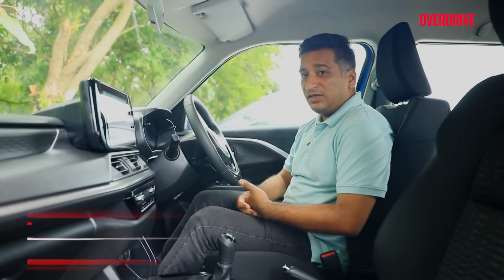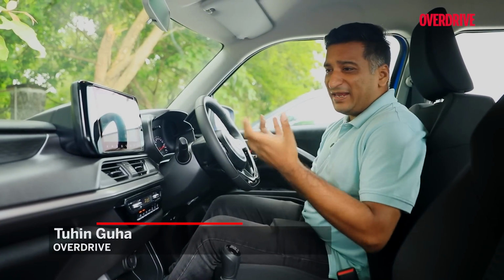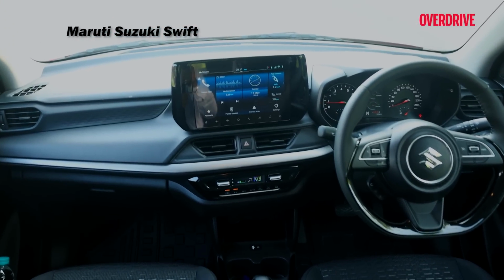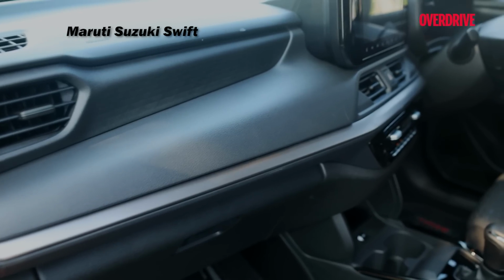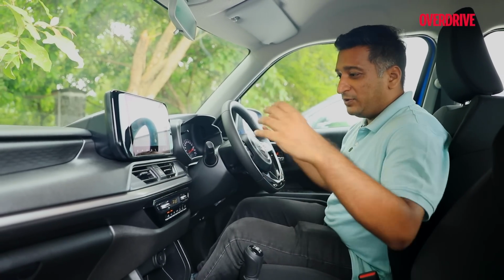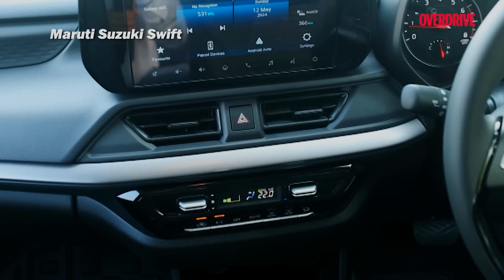Now the Swift is the newest car here and it really does show as soon as you step inside. And that's mainly down to how it's designed. It has this really quite smart, modern look to it, which the other two don't quite match up to. You notice that with this silver band in the middle, the layered effect to the dash, the different textures, and even the more modern, slim horizontal theme that you find in so many cars, that's been repeated here with the air vents and the general arrangement